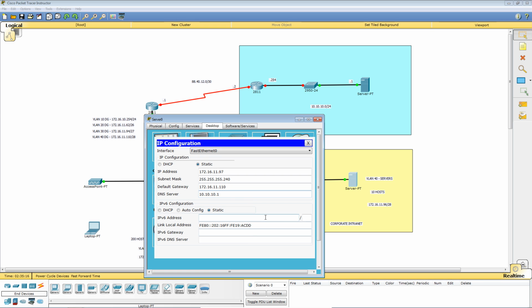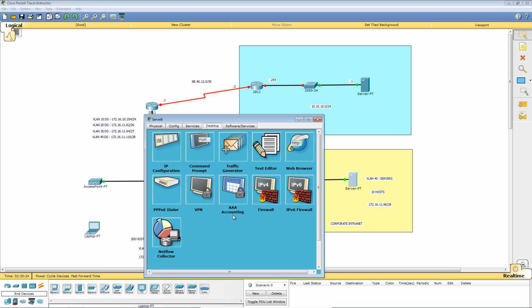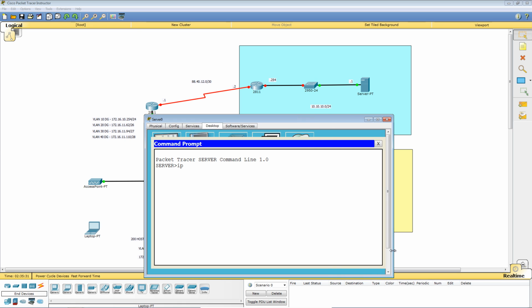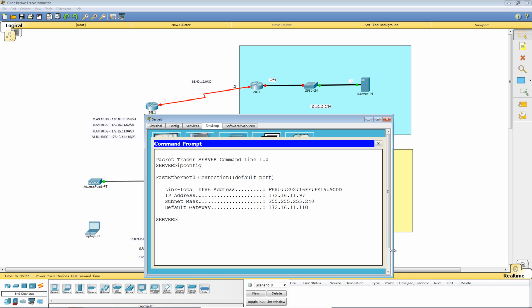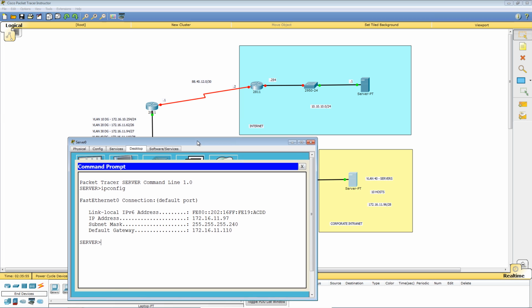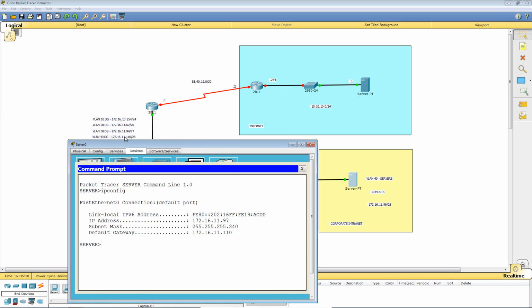Okay, looking good. I'm just going to click in this next box down just to make sure everything's selected and close the window. How can I check to make sure I've got the correct IP address? Command prompt, ipconfig. Okay, looking good. I have 172.16.11.97, the first IP address on the sales subnet, a subnet mask of 255.255.255.240/28, the default gateway of 172.16.11.110. VLAN 40 default gateway 172.16.11.110. Perfect. If I actually do ipconfig /all,